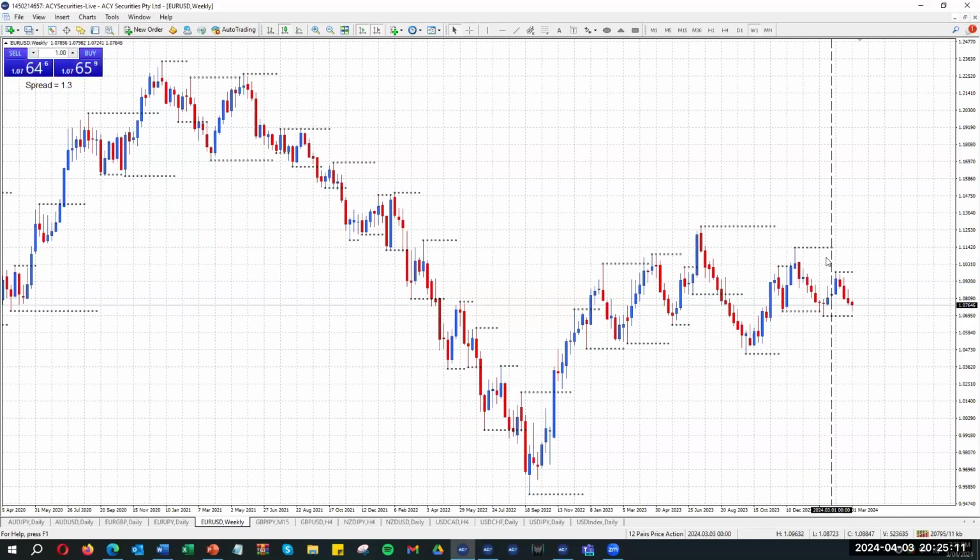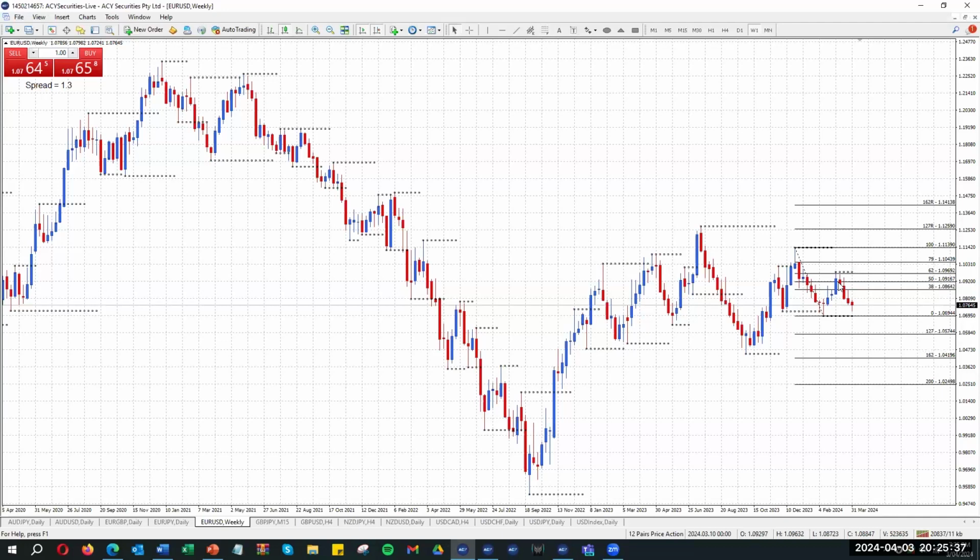Weekly chart, we moved down to a lower bottom here. So yes, we came back up through here. Let's get rid of that line. We come back up here, but I was looking for some form of a lower top to form because this was a lower bottom. So it's looking like through the course of last month, we formed that lower top on the weekly chart. And of this weekly swing here, we came up at the start of the month to the 62% point. And of the bigger range,